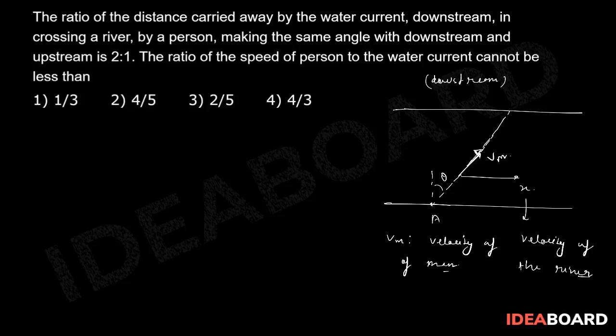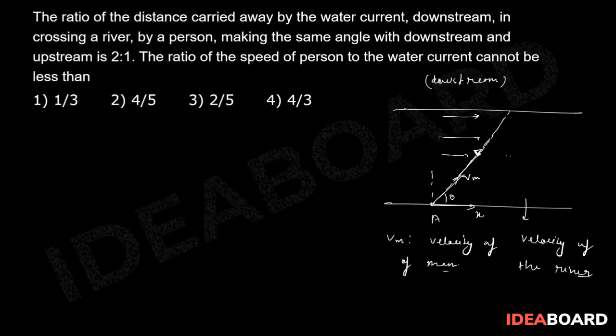So the velocity will be like this. If I am drawing this from the initiating point only, Vm will be like this. Let us assume this angle to be theta, which is made with the river,